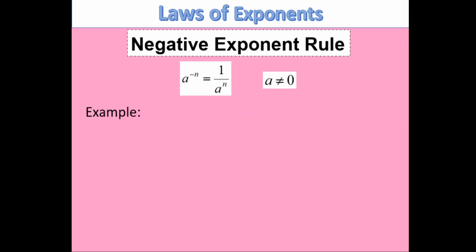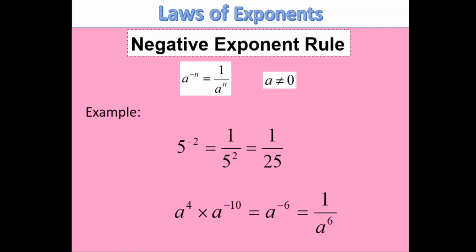The negative exponent rule tells us any number raised to a negative exponent is equal to 1 over a to the n, where a is not equal to 0. For example,